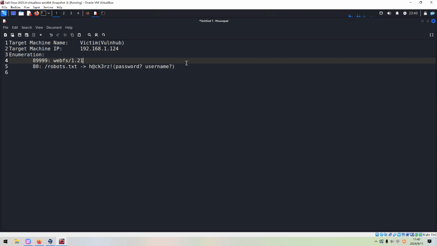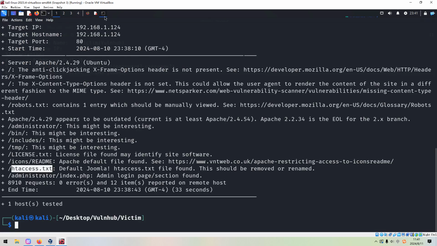And from the access file, we can get the CMS information, Joomla. Different versions of Joomla have some sort of vulnerability which we can utilize. Of course, at this moment, we don't know which version is being used by the target.